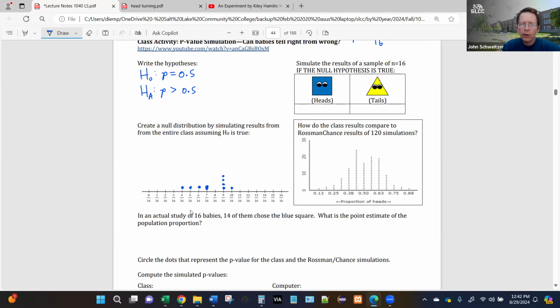So what is it that we're comparing this to? Well, we're comparing it to their result. And what was their result? Their result, oh, you lost the question? Well,